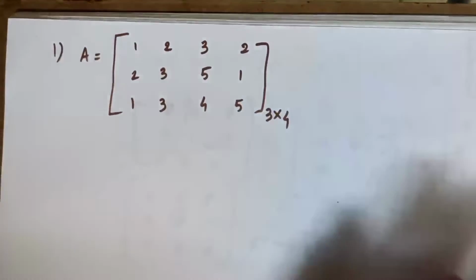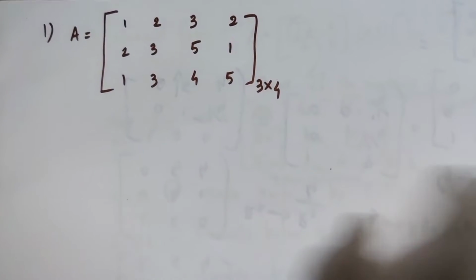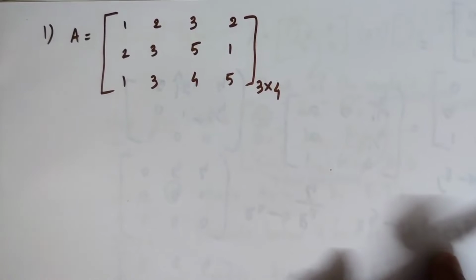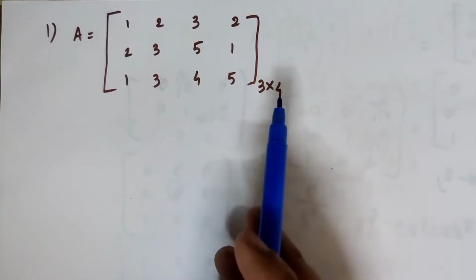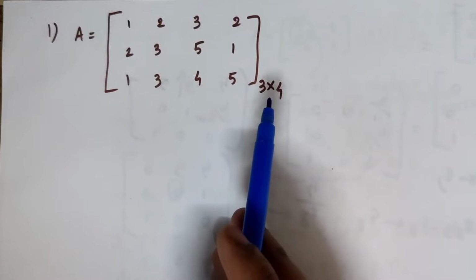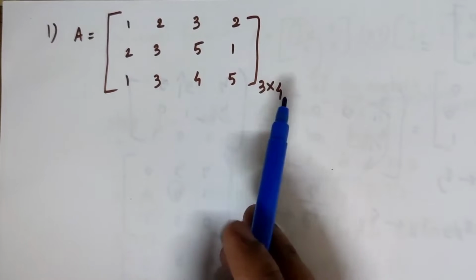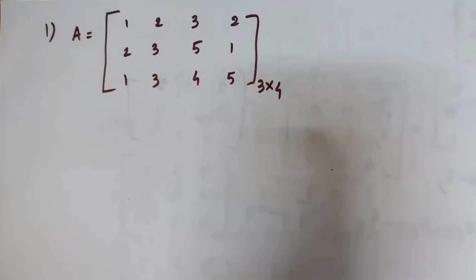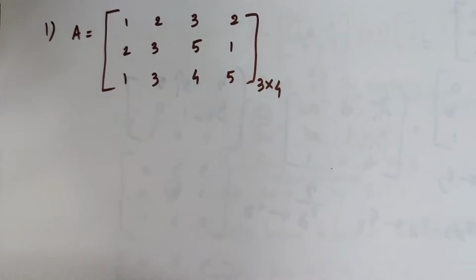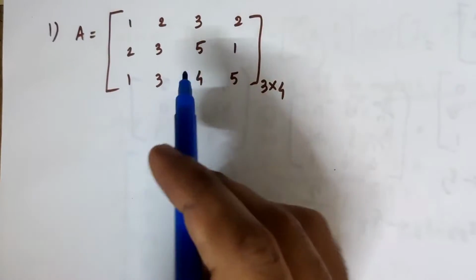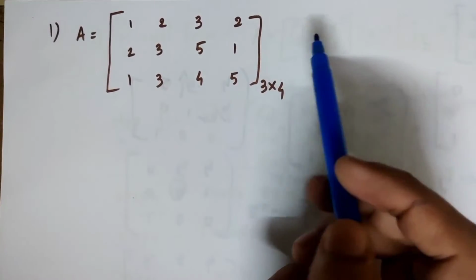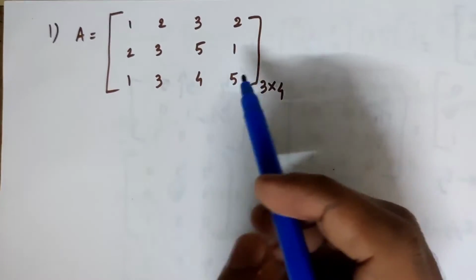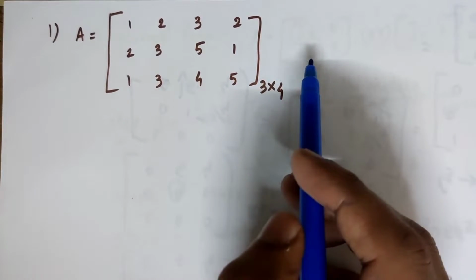Before solving this using normal form, I'd like you to try it using the shortcut. What is the highest minor which you can get for this rectangular matrix? Think for a while and answer me. Now it is my turn. It is only a 3 by 3 matrix determinant which you can get, right? You can't get 4 by 4.